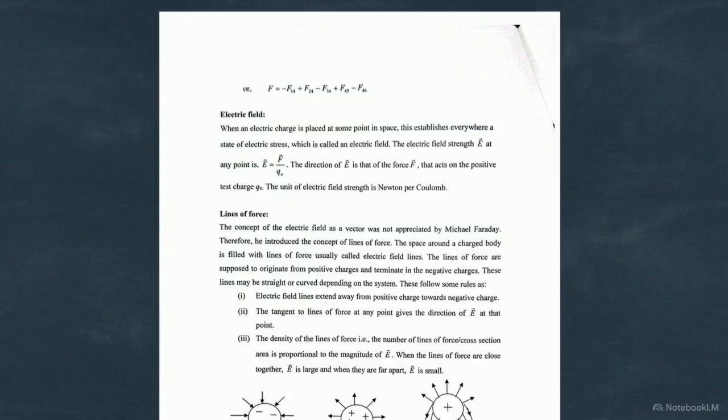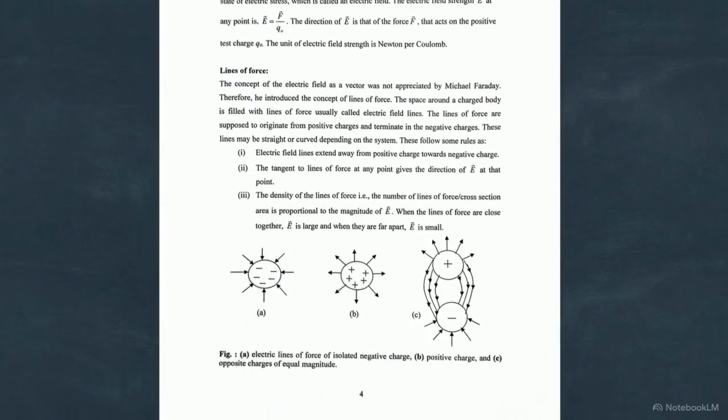To map the electric stress in space, we define the electric field, E. This formula shows field strength in a vacuum. The field lines follow strict rules, originating from positive charges and terminating on negative ones, providing a map of direction